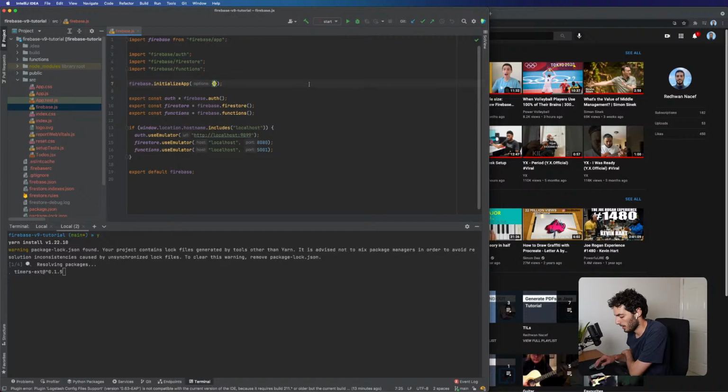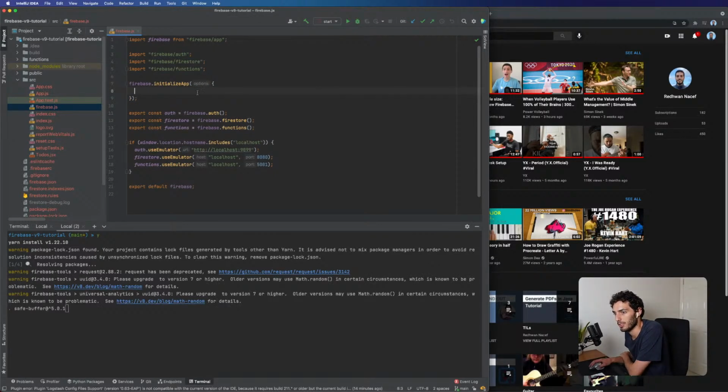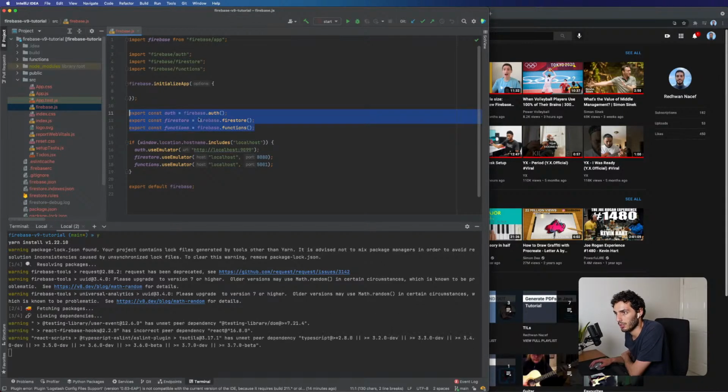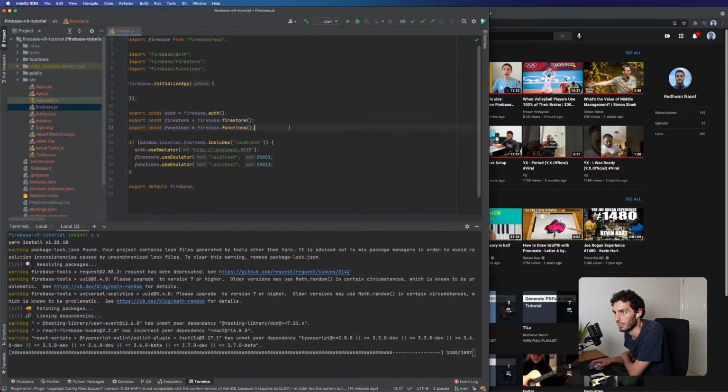We initialize the app. I believe we might have to pass in some details here for this to work. I think we do. I don't think it works otherwise. In this case, we're using Firebase, Firestore, and functions. So Firestore just to store some of the to-dos. We have functions. I think I just added that to detect duplicates. So if you try to add two to-dos with the same name, it's going to prevent it from happening. So it's actually the function that stores